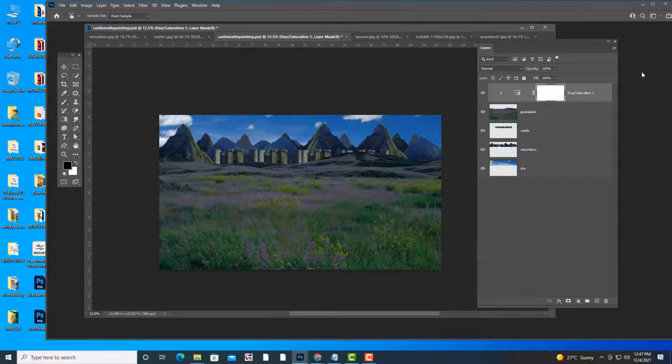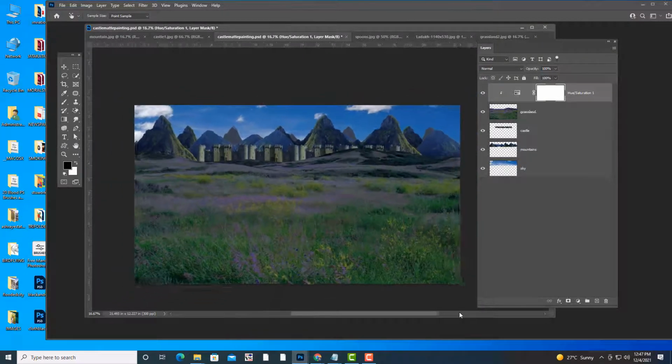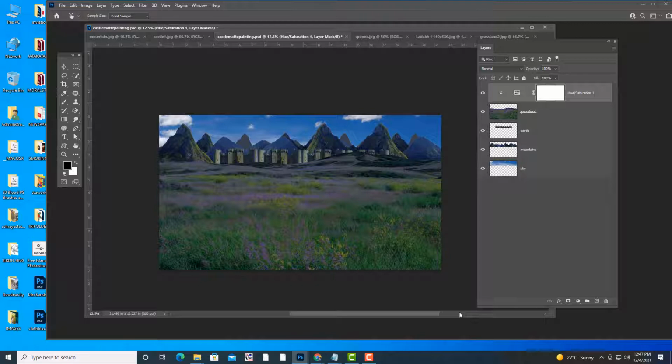Now the next step is, I'm going to put a lake in this place. Lake means what? Cheruvu, or we call it Talab in Hindi.